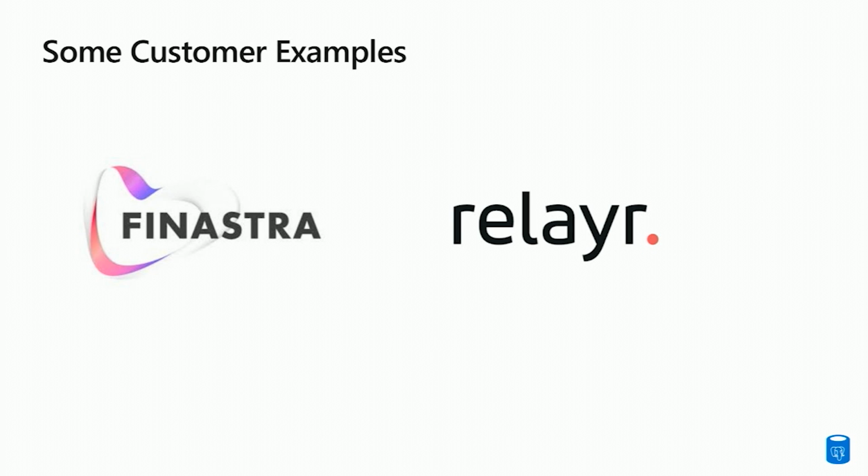Next you have RelayR. RelayR is a customer that already uses Hyperscale Citus in production, and they got into production even before we went GA, during the public preview period, and they're very happy with the product. This application basically provides insights from existing equipment, machines, and product lines to improve their overall business outcomes. This is also a proper multi-tenant app, and as I said, it deals with equipment and machines. Along with the multi-tenancy piece, there is also that IoT angle in this, Sanjay. Okay, so IoT sensors sending information as well. Exactly. Fantastic.